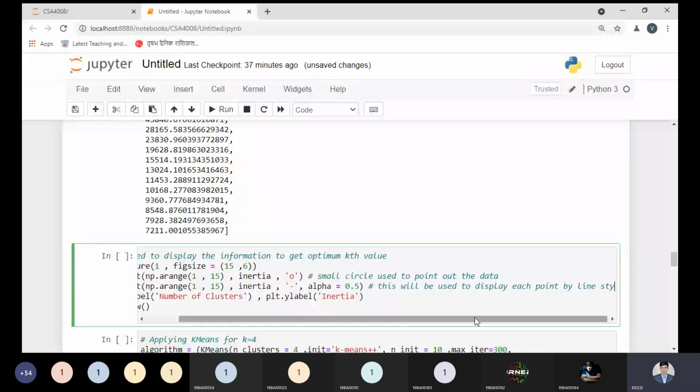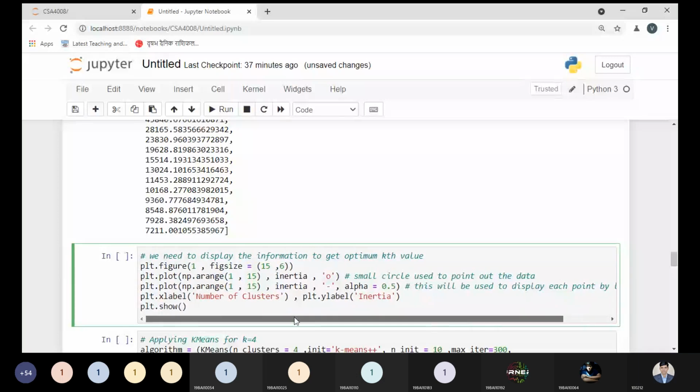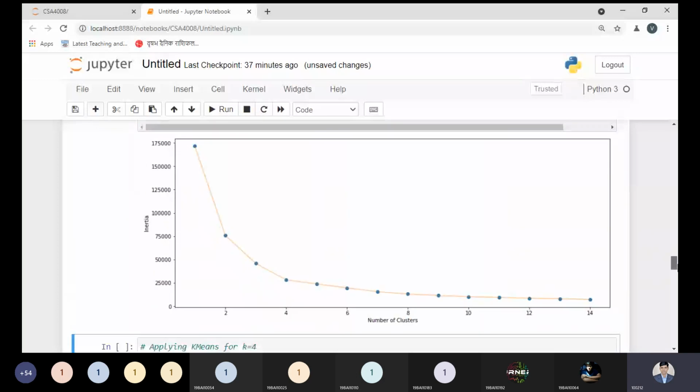So only the line style we will see. Now let me run this code and see. Now it is printing. Now the graph is printing properly.